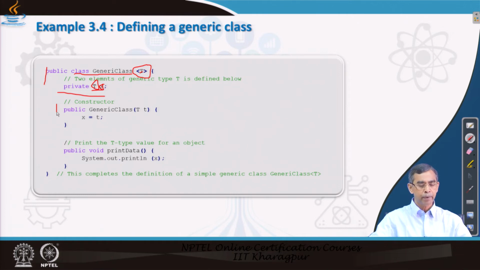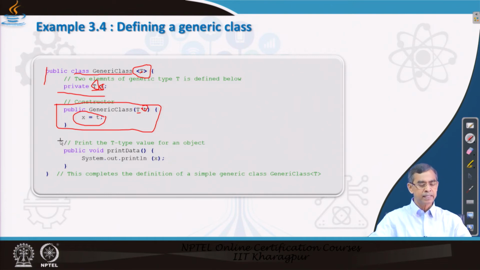It is very simple. The constructor will basically initialize the field X. So if we pass any element of type T, then it will initialize the value of X. This is the way that a generic class and its constructor can be declared.